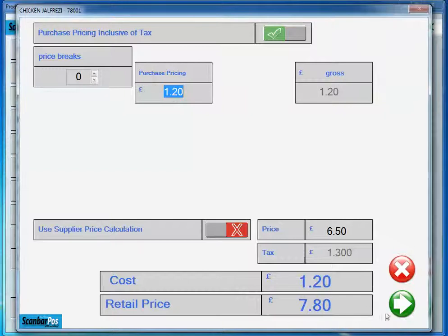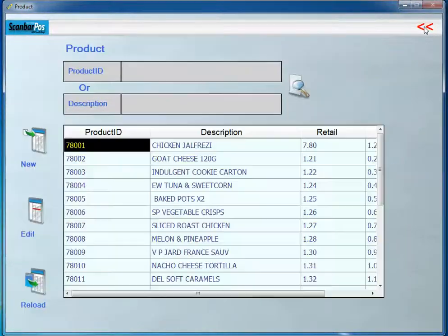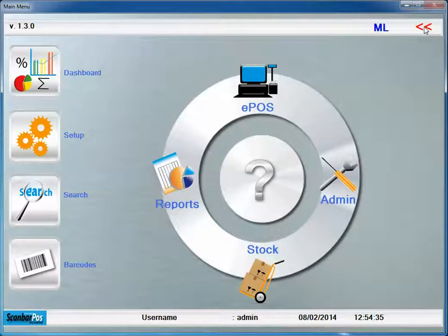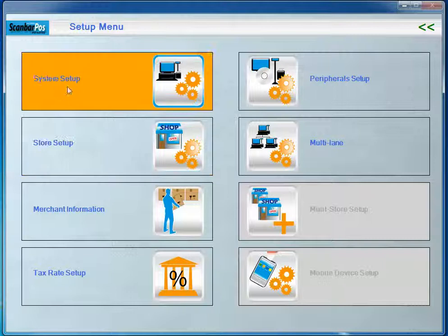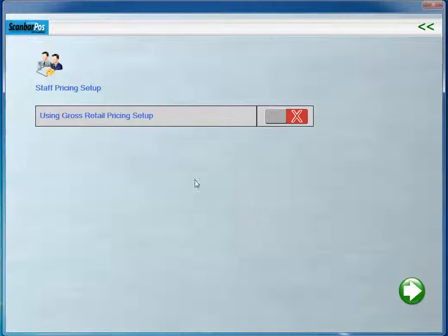retail price. So that has been the traditional way of setting prices, but now in version 1.3 and upwards, you're able to set the gross pricing, and then the system will calculate the net pricing and the tax based on that. So the first thing to do is to go into Setup and System Setup, and if you click More Setup, and this will bring you up the second setup screen, and now this is where you would set the